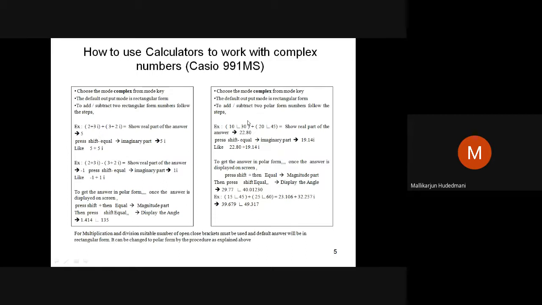You can see here. Again, what I will do is choose the mode key. Still the complex mode is available. Then open a bracket, 10, angle bracket. This is also an L-shaped symbol, available in the function keys of the calculator. Whenever complex mode is active, this symbol is active; otherwise, it will not be active. Therefore, you must use this angle symbol, which is in the third row of the function keys, and then 30.